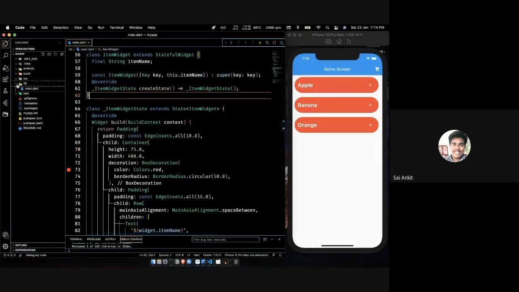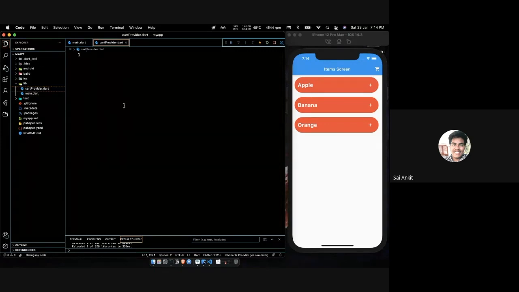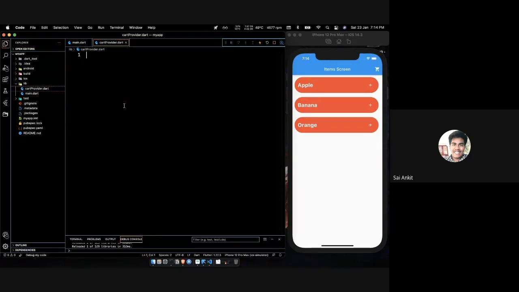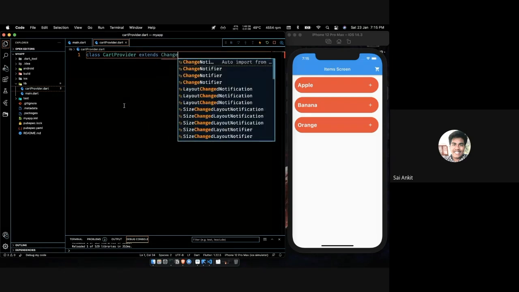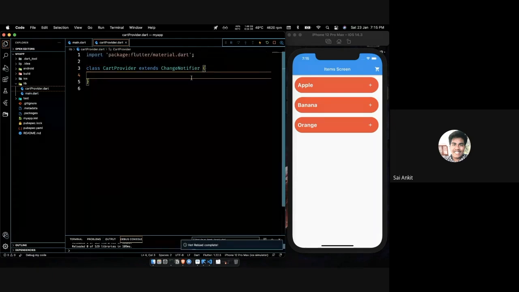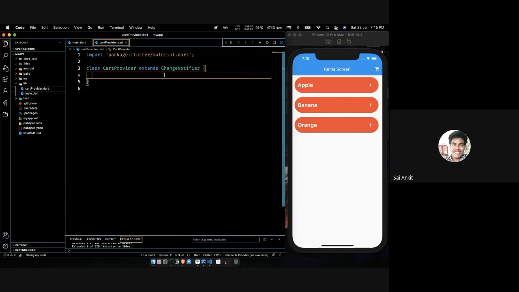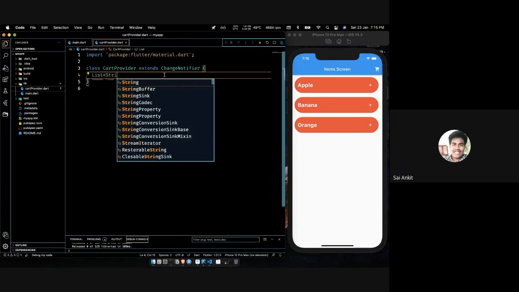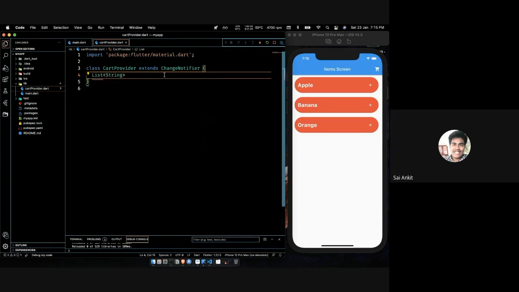So let me create a new file in lib known as cart provider dot dart. Every file has to end with dot dart. And let me include a class known as cart provider, which extends change notifier. As I've told you, change notifier is something where all this data for the state lies in, right? So the data that we want to include are the cart items. So let me include a list of string. The items are basically strings here. List of string, and let me declare it shopping cart, which is basically an empty array